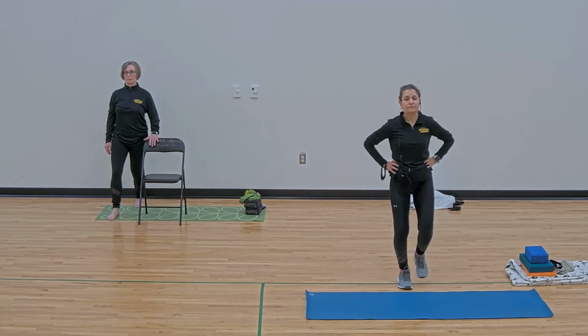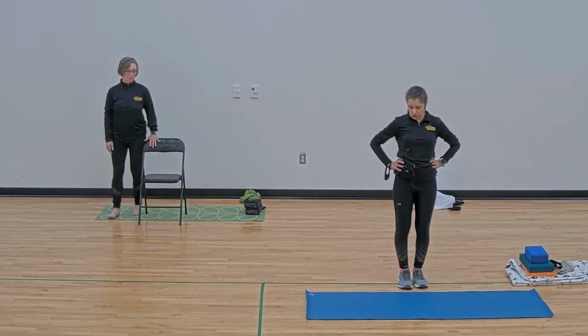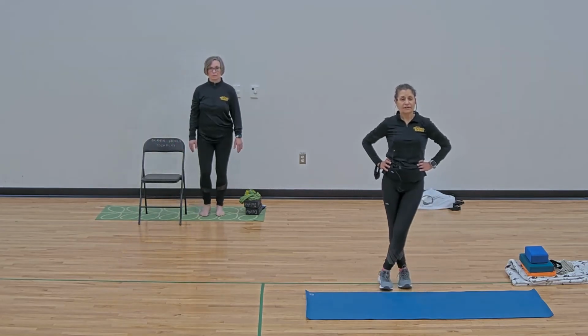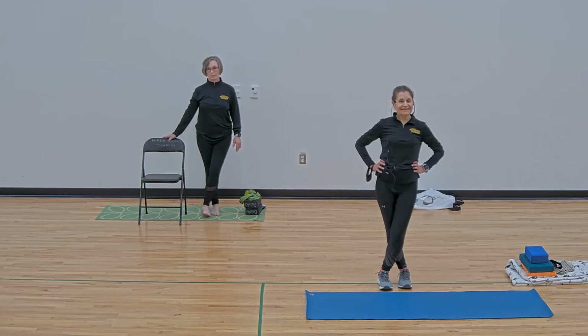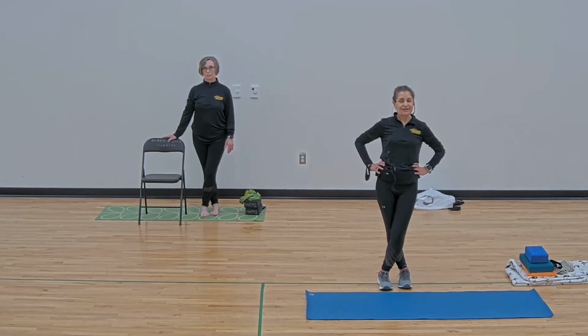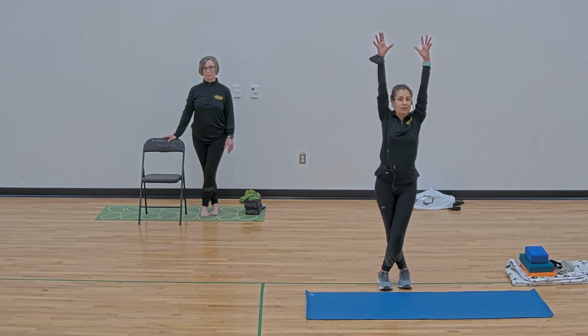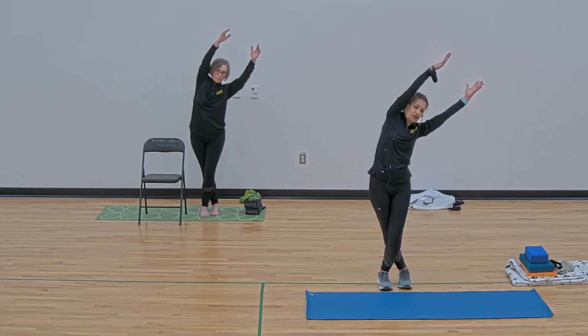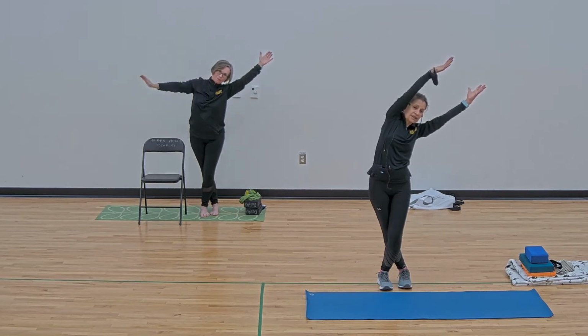And come back. This time you're going to take your right leg, find your balance, and you're going to cross it over your left. And if you want to, you can stay here. You can take your hands to your shoulders, or you can lift your hands up over your head and lean over to that right side. So you keep one hand on the chair, or take both hands over, but lean a little bit to the side. So now we're coming a little bit to the outside of the leg